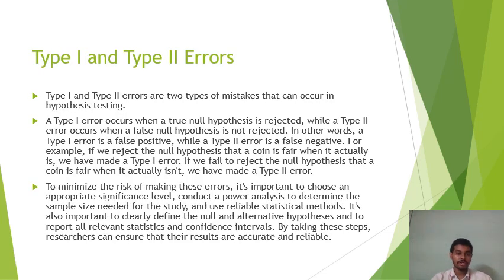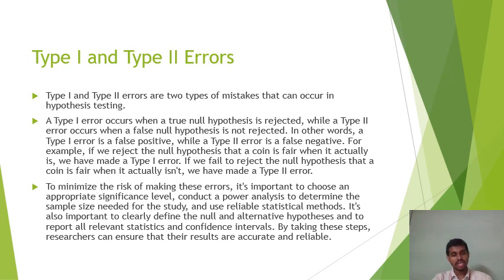Type 1 and type 2 errors. Type 1 and type 2 errors are two types of mistakes that can occur in hypothesis testing. A type 1 error occurs when a true null hypothesis is rejected, while a type 2 error occurs when a false null hypothesis is not rejected. In other words, a type 1 error is a false positive, while a type 2 error